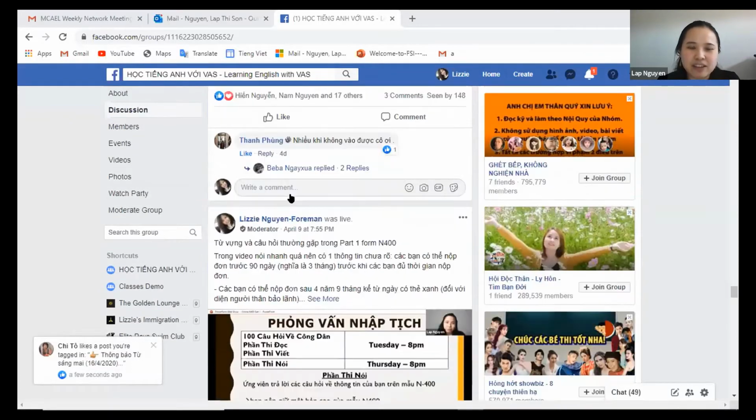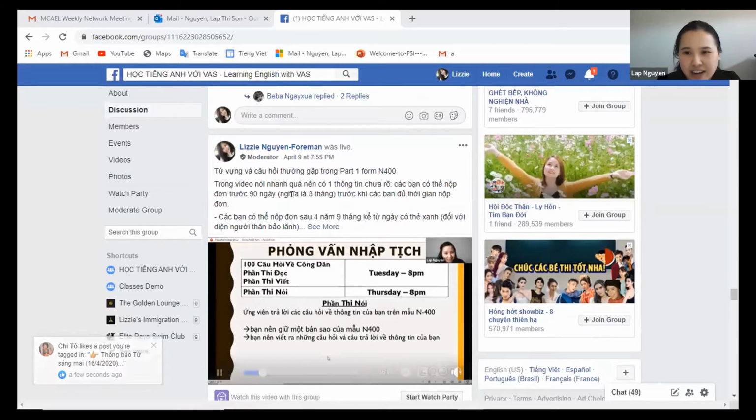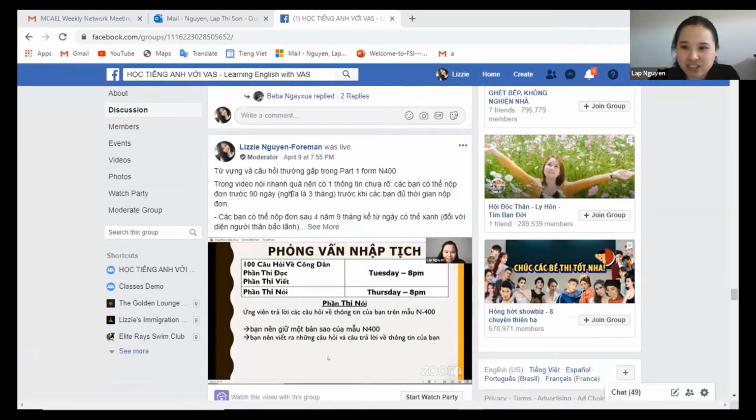You can live stream directly from Facebook, but the only thing is they just have a function for you to show the webcam of the teacher, or you can use share screen to show the lesson. If you choose to show yourself or show the lesson, you cannot switch. You have to choose at first.